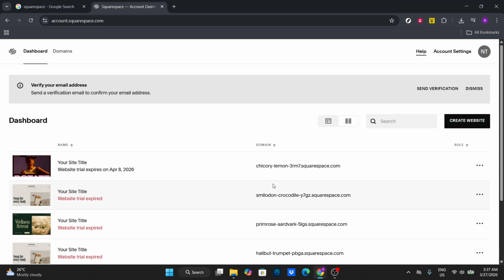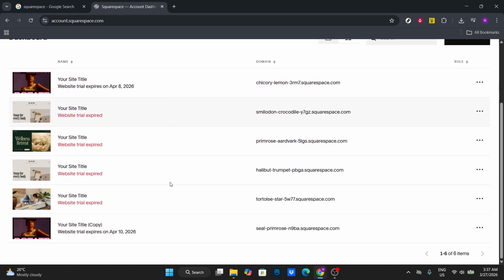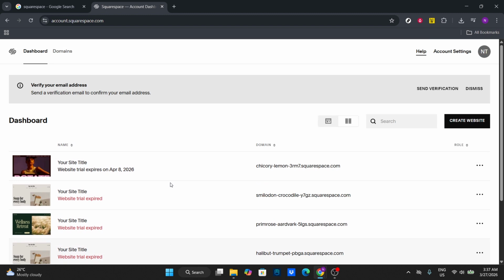A few closing tips to keep things tidy. If you are using a custom domain purchased through Squarespace and you no longer need it, check your domain settings and billing to avoid future charges. If your domain is managed elsewhere, you can keep it for future projects or point it to a different platform. For sites with commerce features, make sure you've settled any open orders or exports before deletion so you don't lose